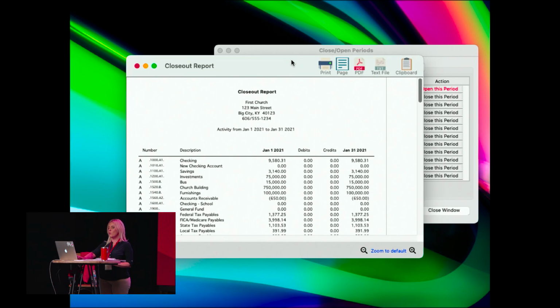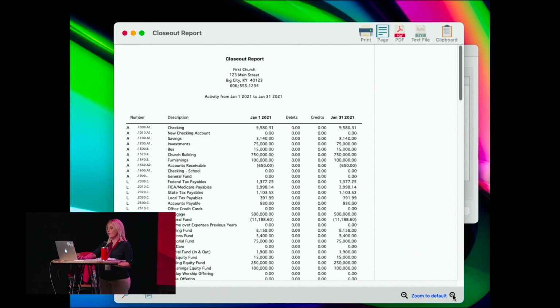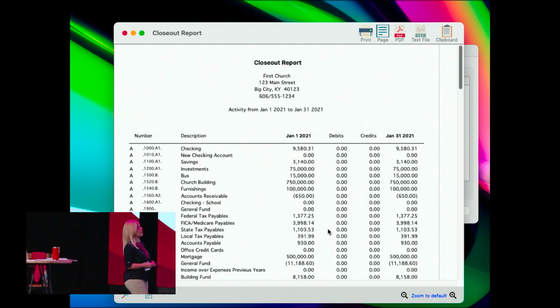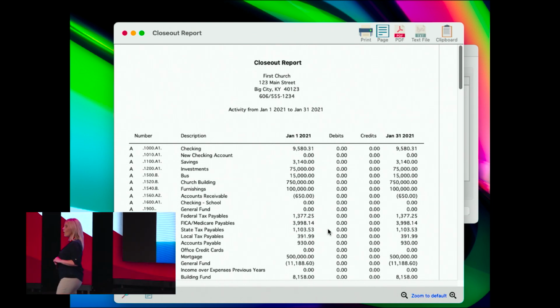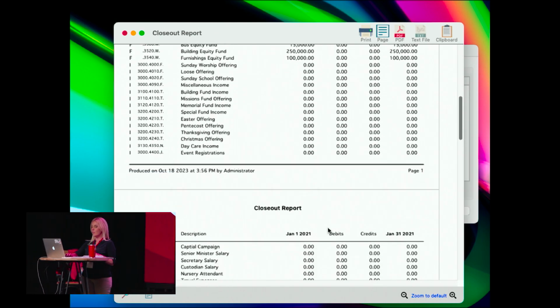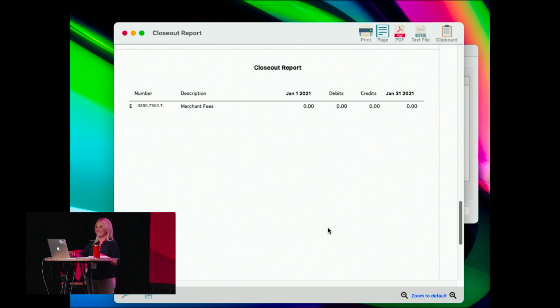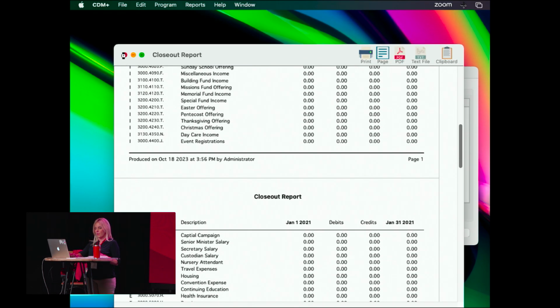Here's your closeout report. Looks just like an account balances report. So it gives you what you started the month with, the debits and credits, and what you ended the month with for all of the account numbers in your system. Okay? All of them. We did a lot of work in 21. But it shows all that. When you're done,